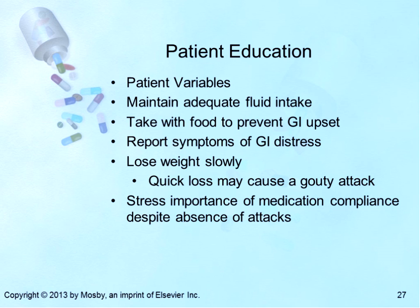For pediatric patients, safety and efficacy is not established for colchicine. Sulfinpyrazone, febuxostat, probenecid is contraindicated in children younger than 2 years of age. It's used with penicillins and cephalosporins to prolong duration of action. Allopurinol should not be used in children with hyperuricemia related to malignancy or in those with certain rare inborn errors